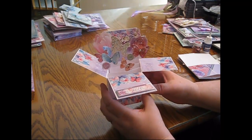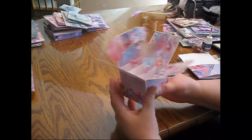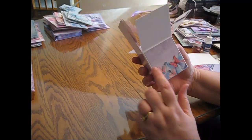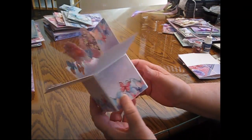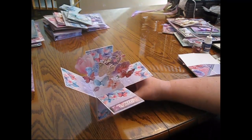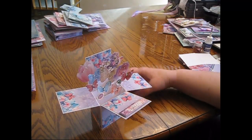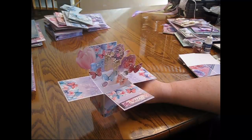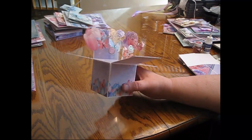But look at all those little pieces. It folds flat for mailing, and when you open it up, it springs to life. This border treatment paper was perfect for this. Now you're probably looking at that and thinking, but I don't want to do a lot of work to create this card. It's not a lot of work. I will tell you that it's a little more time consuming than some, but it's actually fairly simple